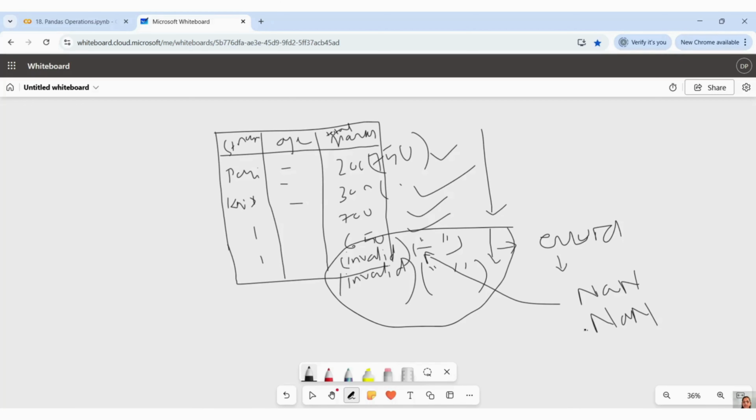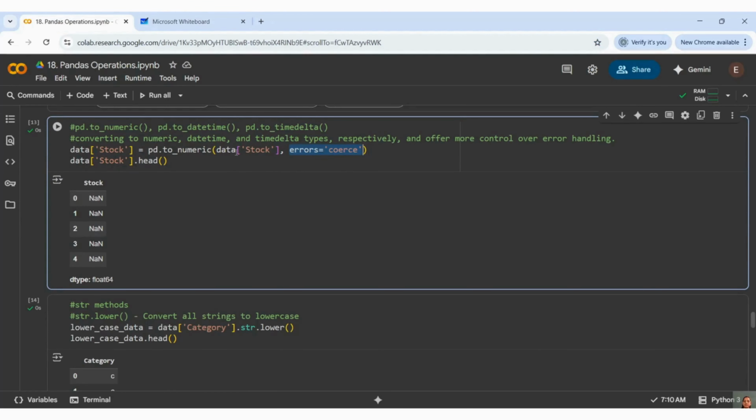Errors equal to coerce is a very beneficial method to handle errors during your runtime.